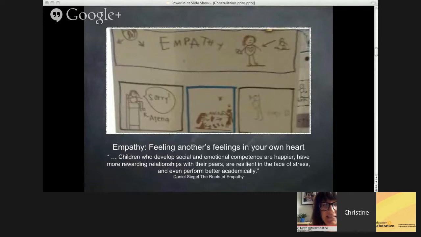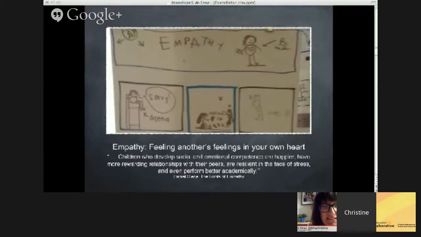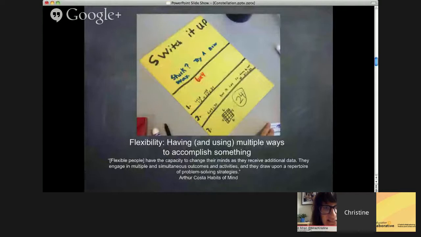The next stance that we started thinking about was flexibility. And this quote from Art Costa says that,